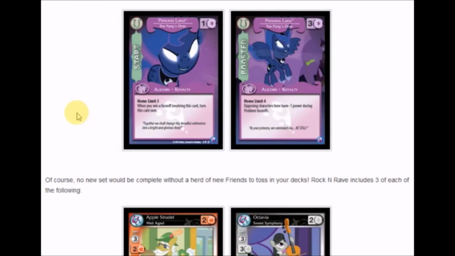It's kind of like the Twilight Sparkle from the premiere set. I can't remember her subtitle. But it's kind of the same condition when you win a face-off. But this one is involving her, so she has to be in the face-off. But when she's boosted, opposing characters here have -1 power during problem face-off. So it's basically the same effect as